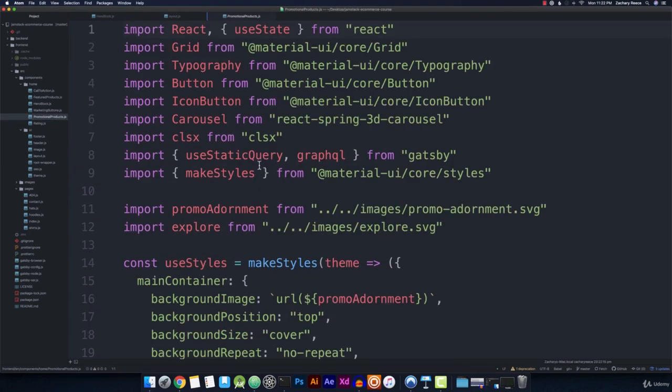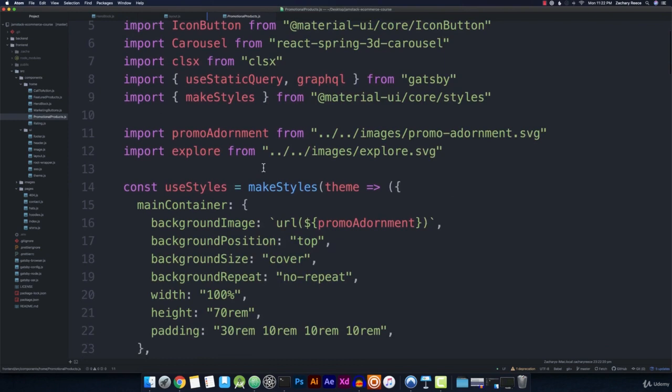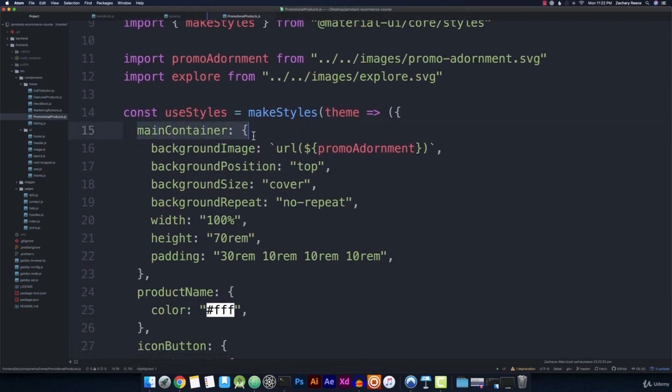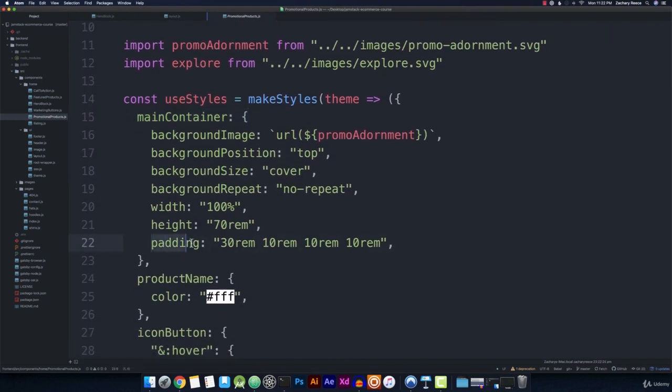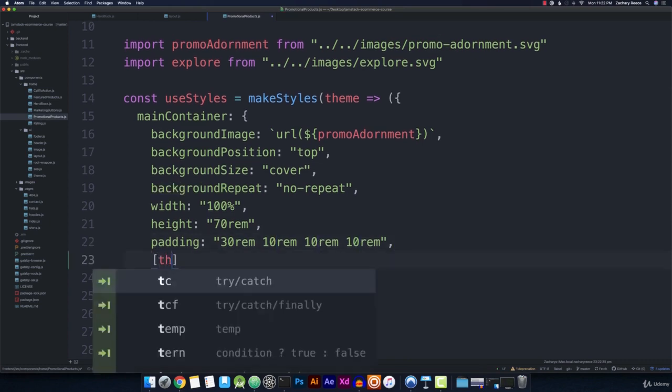This time we'll go to our promotional products.js. And we have our padding currently set on the main container class here. You see we've got our padding with 30 rem on the top, rather, and then 10 on the right, 10 on the bottom, and 10 on the left. So let's go ahead and we'll set our